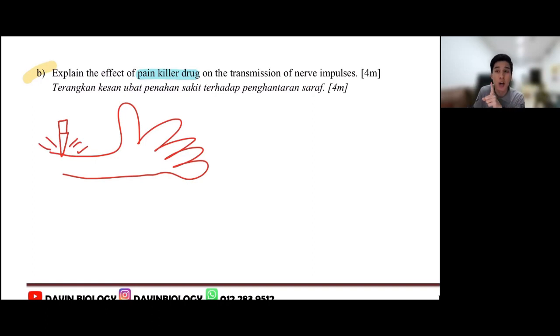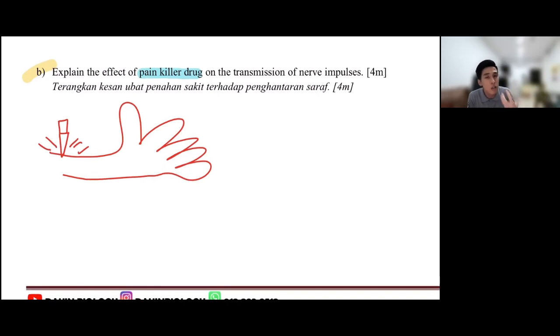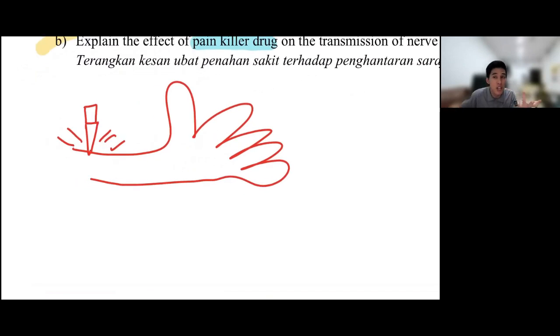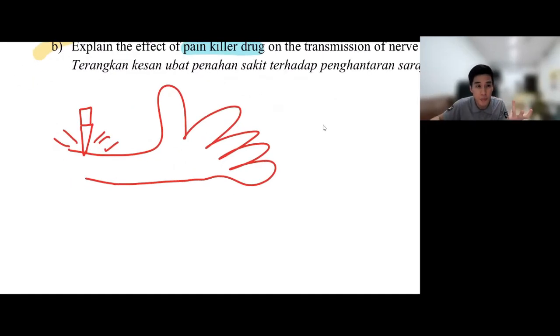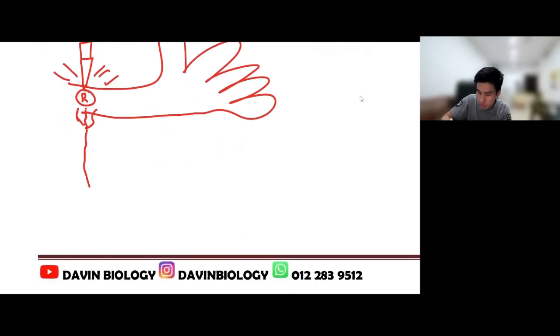Now, can anyone answer me? Why do you feel pain? How can we feel pain? When somebody knifes you, why do you feel pain? Because inside your skin, we have what that detects pain? We have receptor, correct? So this receptor, once it detects pain, now how does the signal then flow? What helps you to transmit the nerve impulse towards your brain? What's the next thing here? Yeah, is your